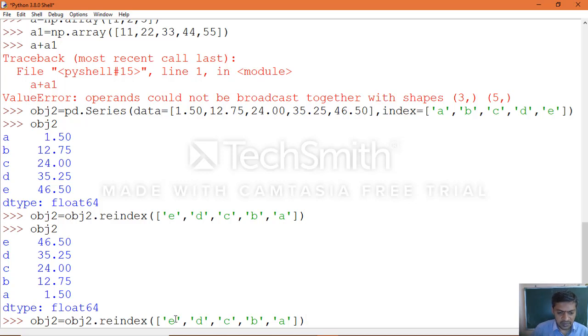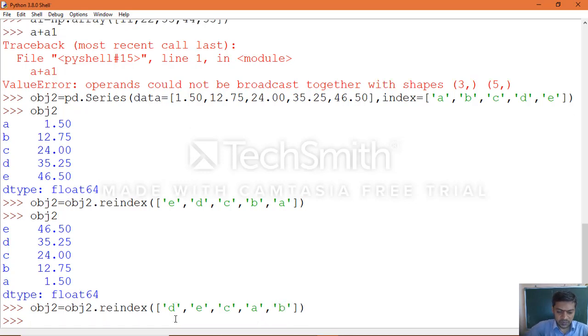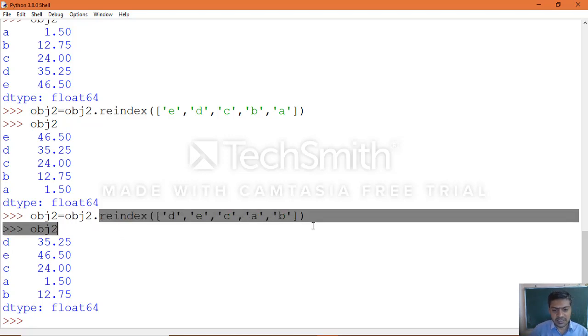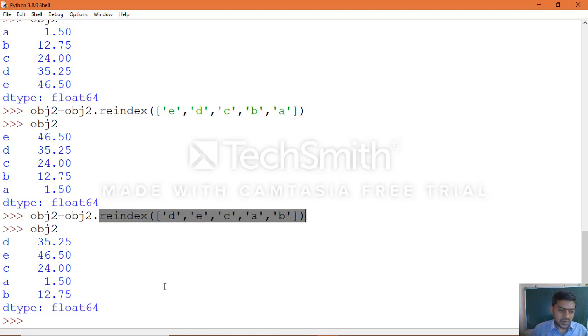So instead of e, say d, e, c, a, b. Okay, then print the object which we re-indexed: d, e, c, a, b. So whichever order you want to specify, you can display the same data in a different order using the function called reindex, based on the re-indexing.